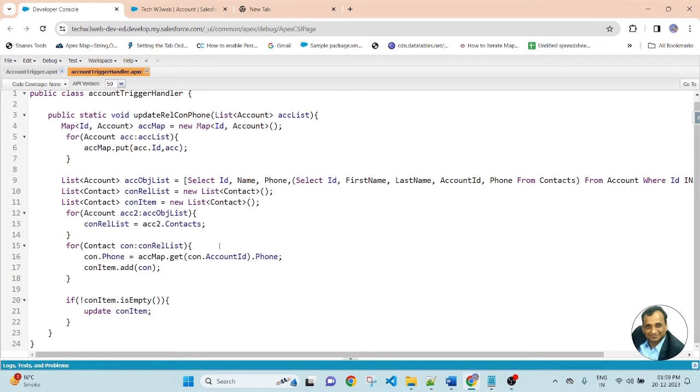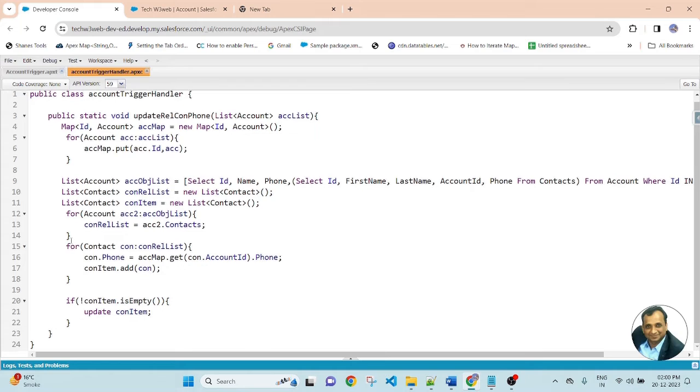Then I apply another one for loop for the list of the contact. And here I am assigning the account phone number to the contact phone number and adding all of the updated phone number to this contact item. Here I am checking if this contact item not empty, then I am updating the list of contact, that is updated contact record.